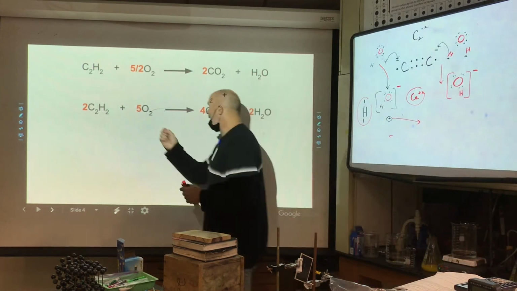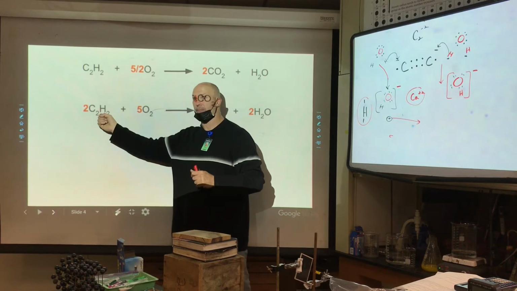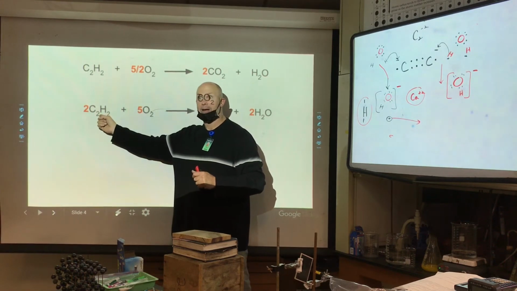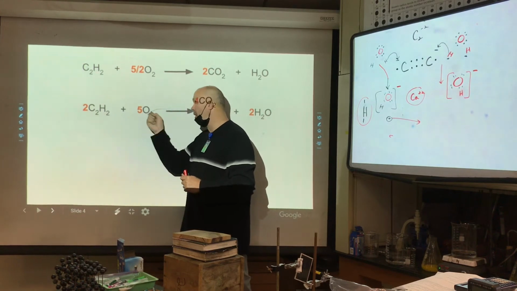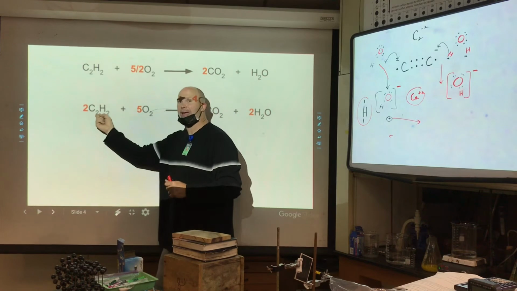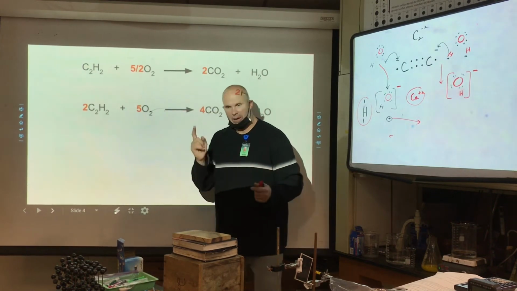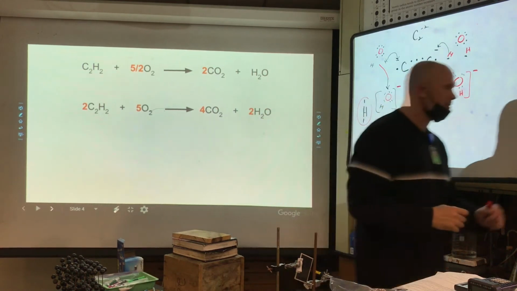So if you think about that, I've got a lot of O2 that I need compared to the acetylene. If not, I'm going to have the limiting reagent in my reaction be what? If I don't have enough oxygen, that'll be limiting, and I'll have some of this not reacted. That won't be good cake. I want to make sure I've got enough oxygen to make all of that go in that small space. So